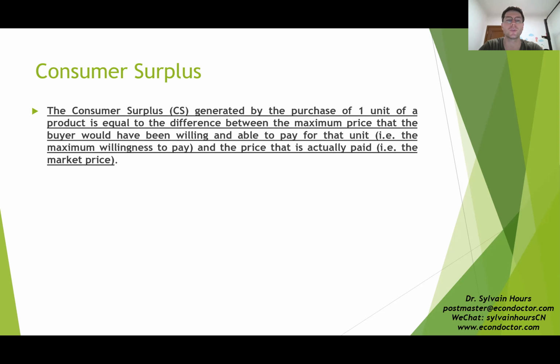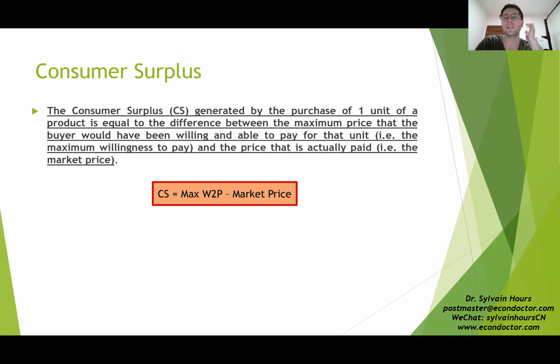Just like it's important to distinguish the individual demand and the market demand. Of course, at first, it's useful to start with the individual consumer surplus, so the unit consumer surplus, and then we'll move to the market consumer surplus. So it's a difference between the max W2P, W2P for willingness to pay. That's usually how we write it because we are lazy. So W2P is quicker,